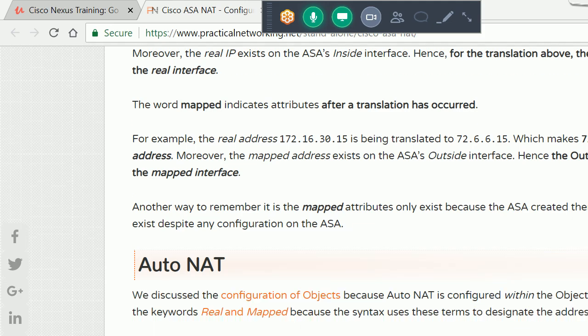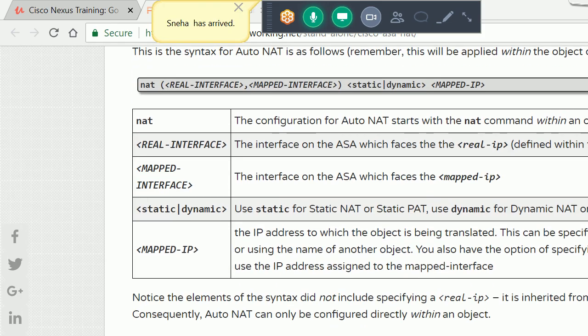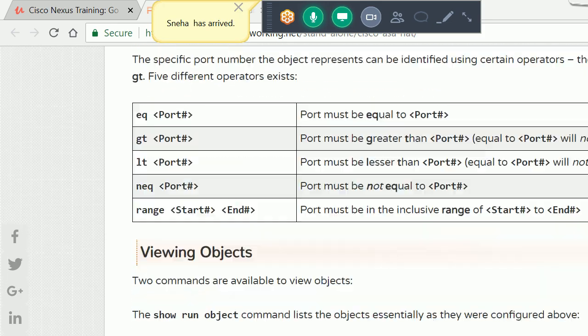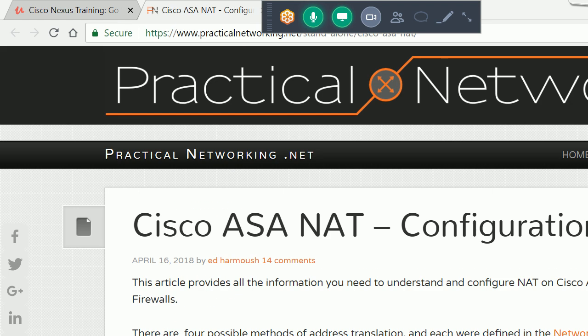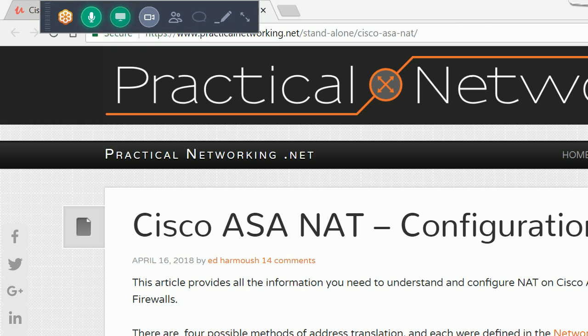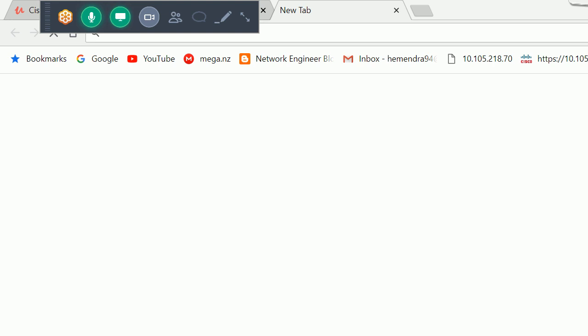I will also put this link in the chat box so you can go through it. Actually it has a nice explanation. I always use this link for learning the ASA concepts.